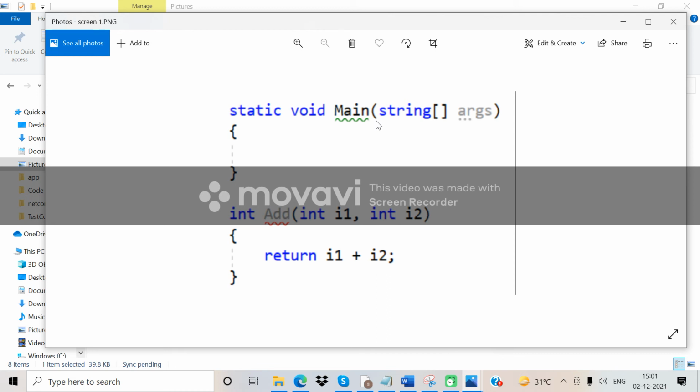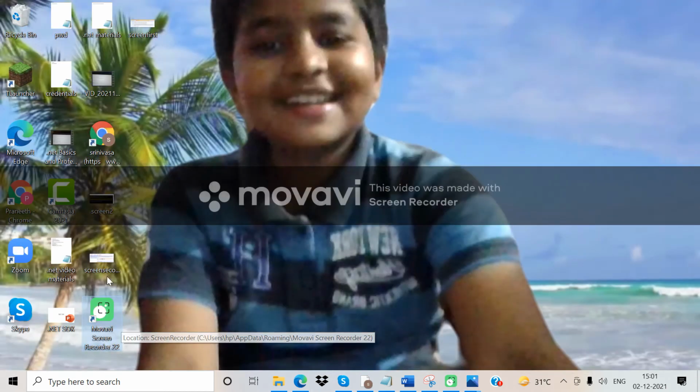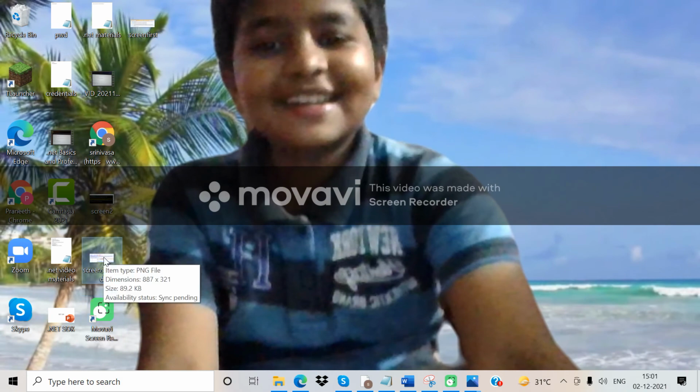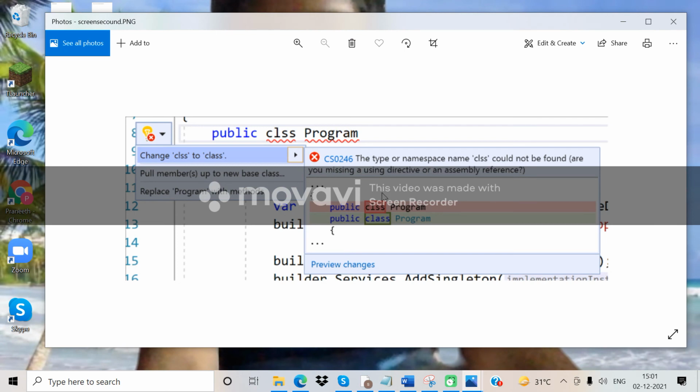So now, many analyzer rules or diagnostics have one or more associated code fixes that you can apply to correct the rule violations. Suppose I will give one example. I will show you one thing. Suppose you are getting public class program.